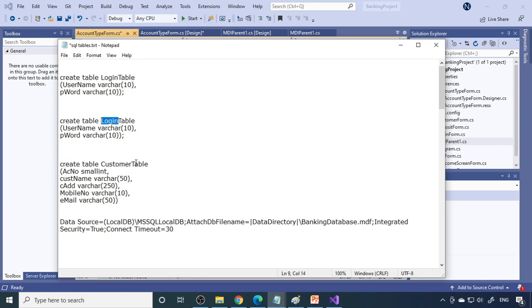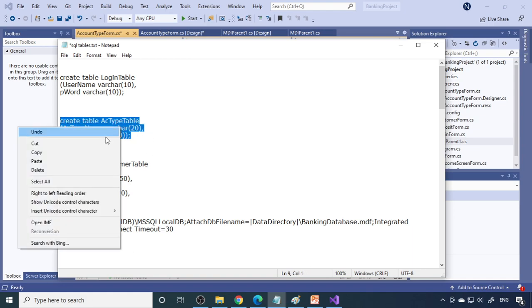Create table account type. So AC type table. Here is the type name, so this is AC type name, and here are the details. Fine. Your account name is only 10 characters; otherwise you can increase the size. Let it be 20. Details: anyway, we gave a big text box. Let's say 250, so you can write up to 250 characters over there. So this we need to create. Therefore, copy this.